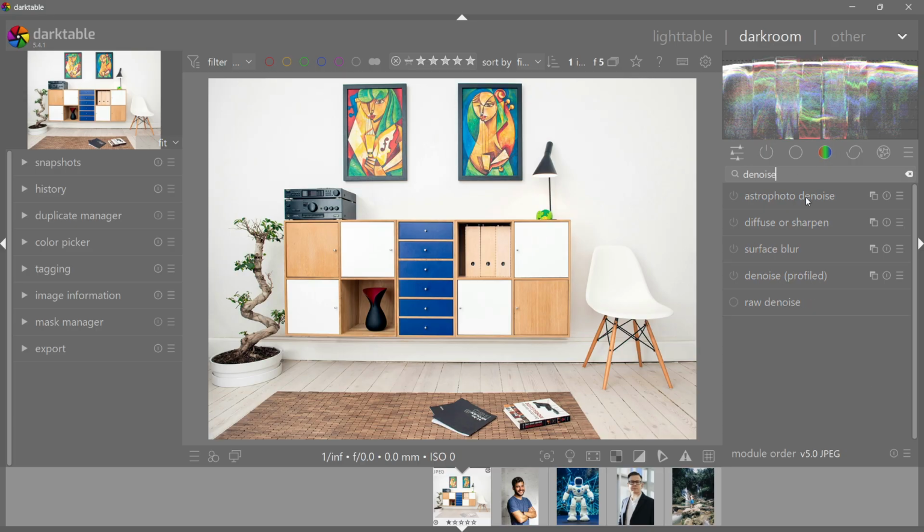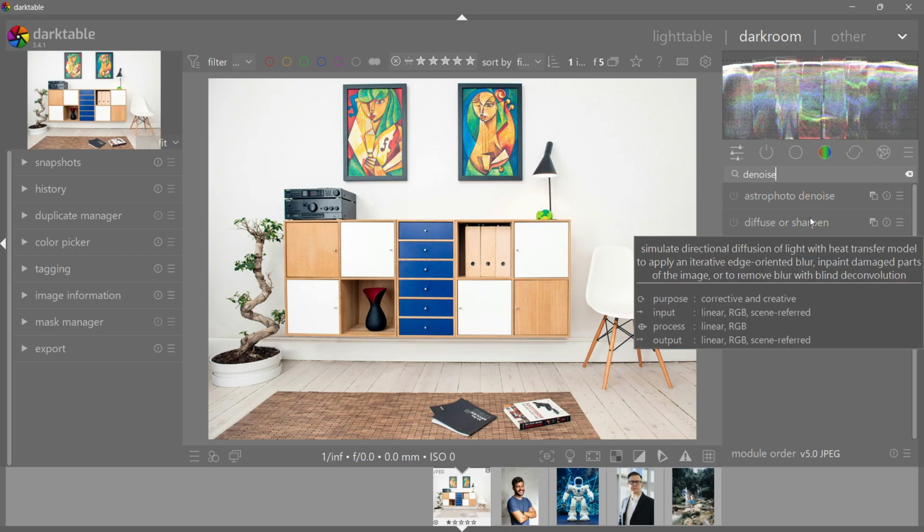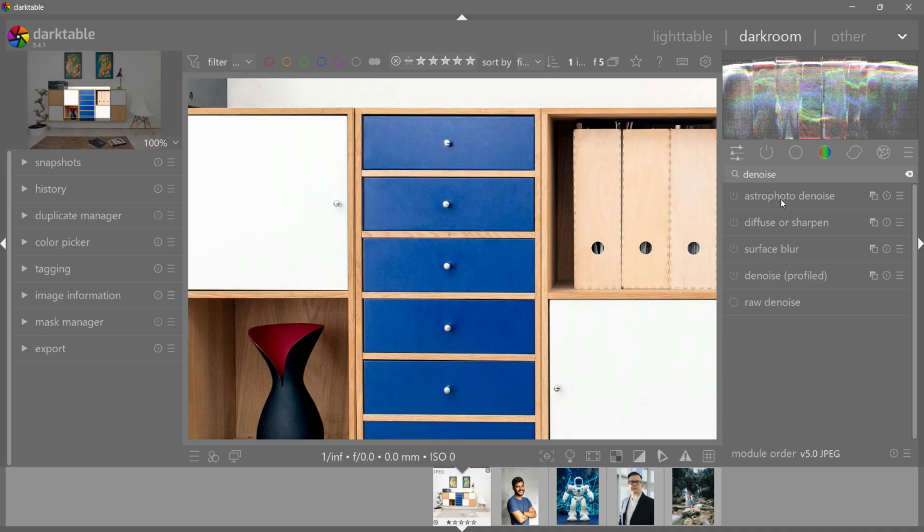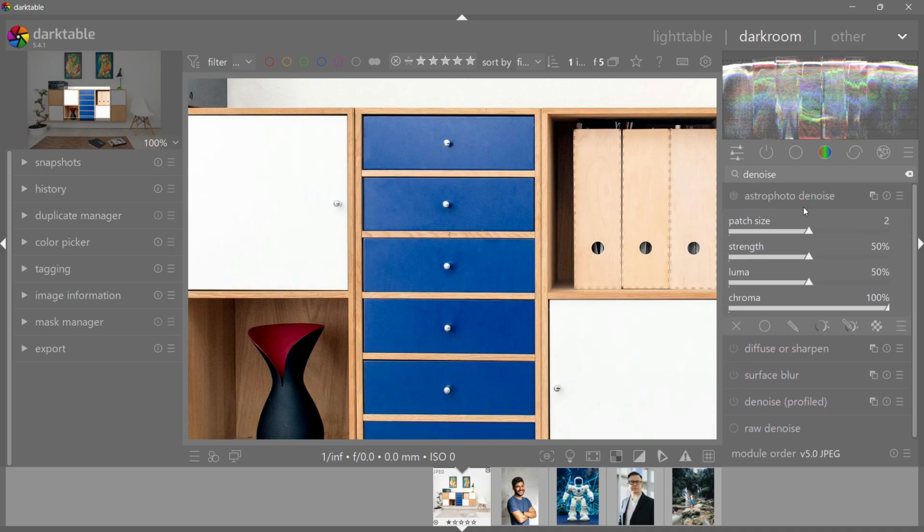It's going to pop up a bunch of different modules, and of course you can use any of these, but the easiest way to do it is basically using just a mix or the one that you want. So I'm going to zoom in. As you can see, this image has a bit of noise. So if I, for example, use this one, which is the Astrophoto denoise, and actually enable it, it's going to start working, and you'll be able to see, there we go,